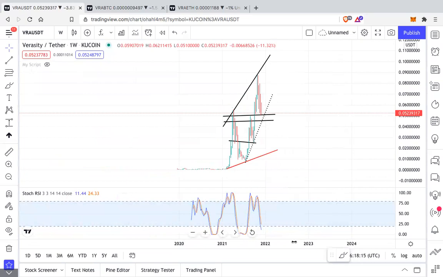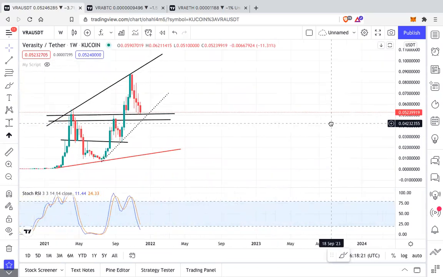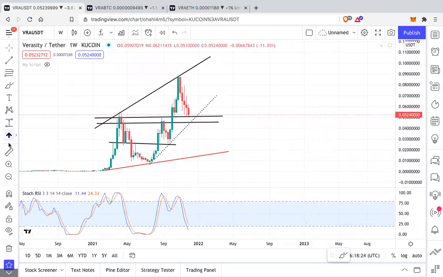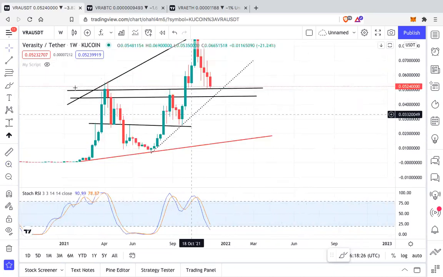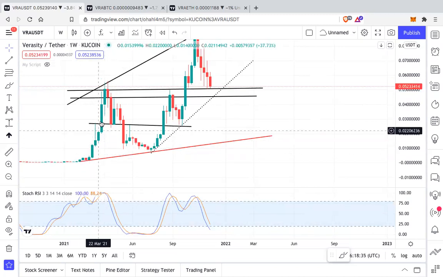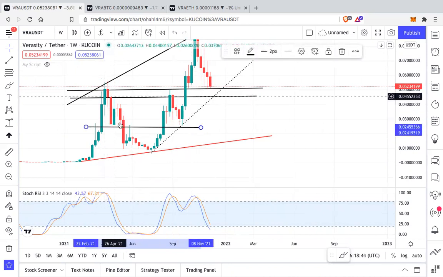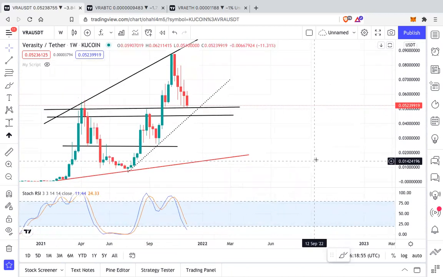If we go and look at the larger time frames, if we go and see the weekly, on the weekly also we can very clearly see the trend lines that we've drawn. Just see over here. This was a constant parabolic move to the up, non-stop green weekly candles. Then we came down. We had a decent support at this price range over here, where we started consolidating for almost a month, 4 weekly candles. Then we ultimately broke this. We took support of this red trend line that you're seeing. This is a major trend line.